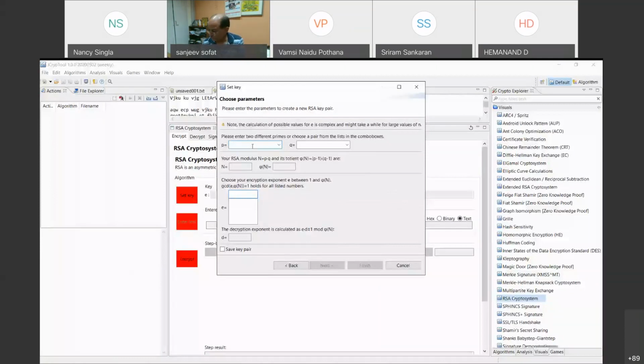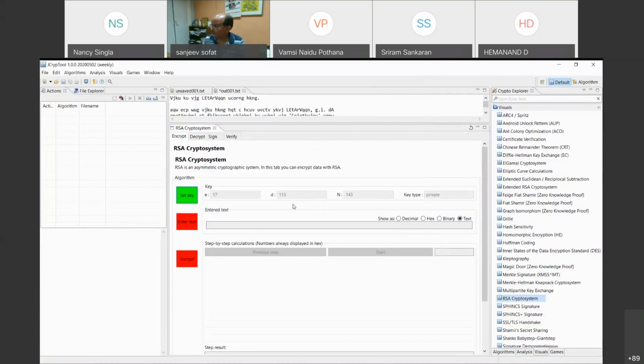As an example, I choose simple ones, 11 and 13. It automatically calculates n and phi of n. Now we need to choose some encryption exponent, which we call E. If I choose 17, the decryption exponent is calculated automatically. We'll click finish, and here it's calculated.